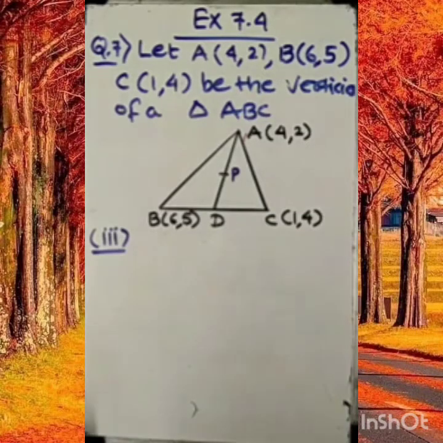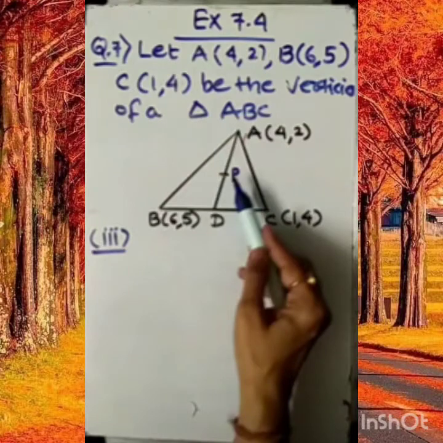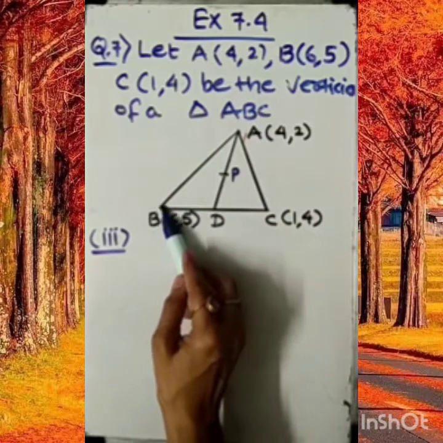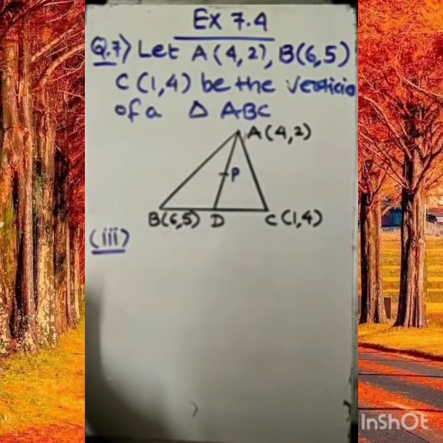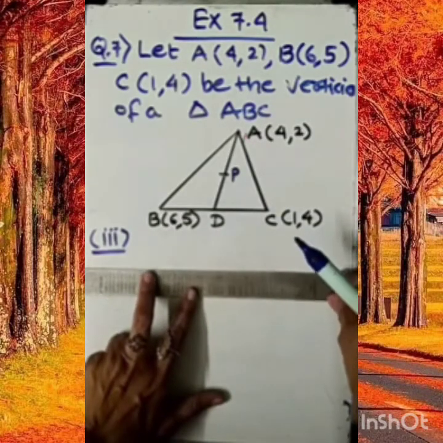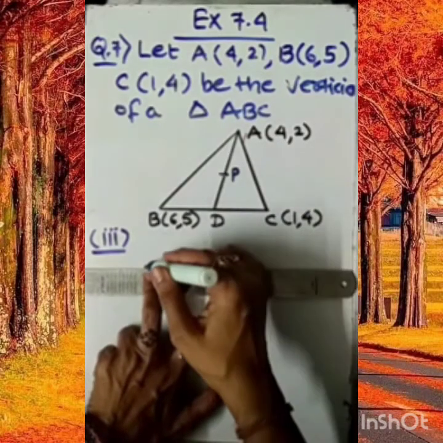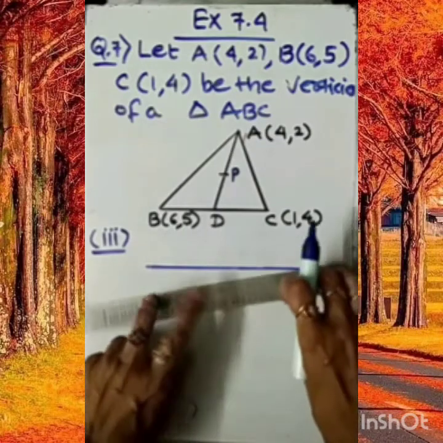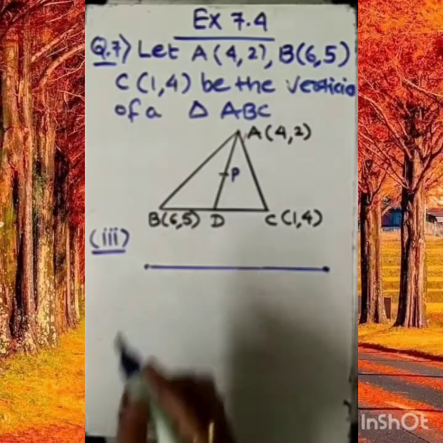Here, as we have found the coordinates for point P, similarly we need to find the coordinates on this median, which is BE, and the other median is CF. Let's draw one by one and try to find the coordinates of the required points. Okay, so I request you, first of all, draw one straight line, and here also we are applying the section formula to find the points in the third part we are given.